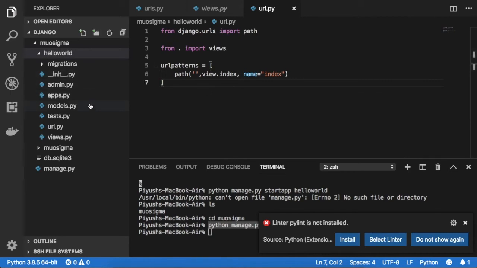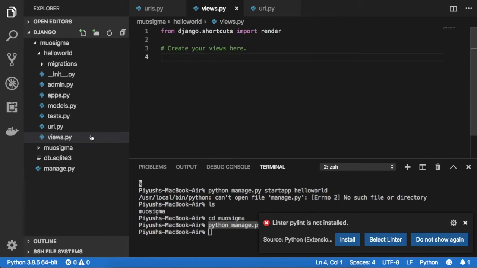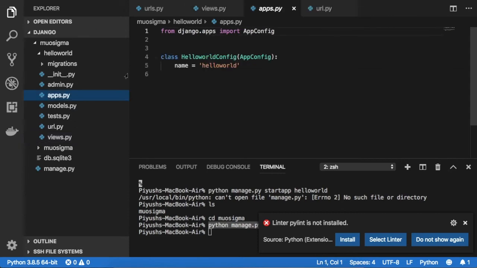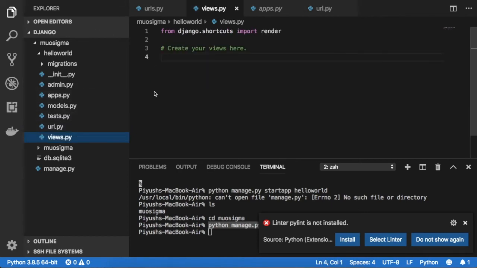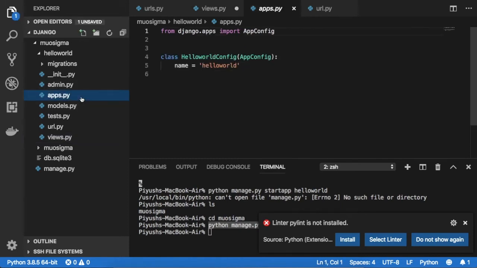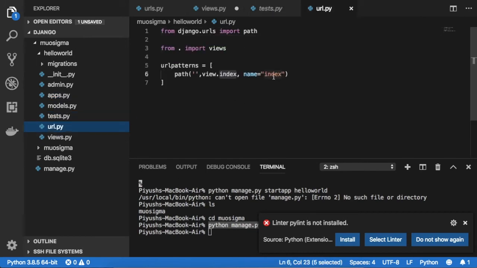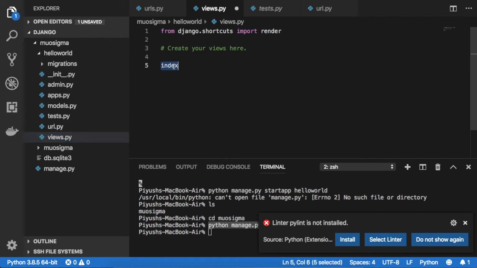and inside this views.py we need to create a function. The name of the function will be the same as you have created here, index. So the moment you say this view is called index, you need to create a function inside the views.py with the same name. Okay, you can see we have already used this name, right? So we need to create a function with this name.